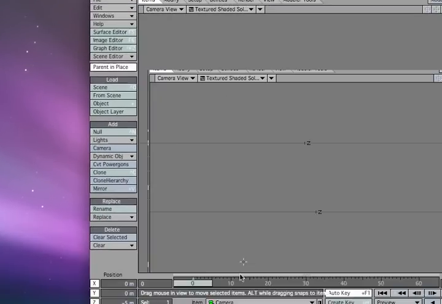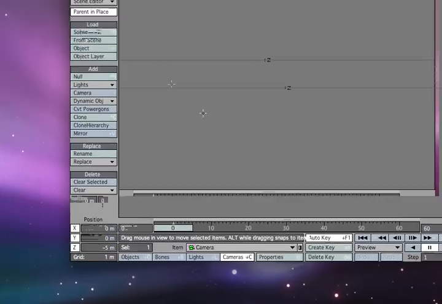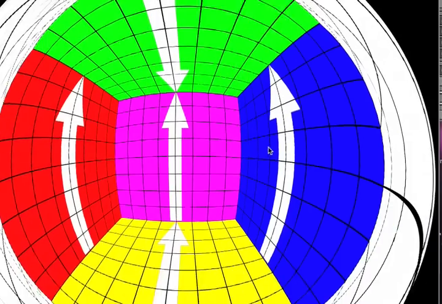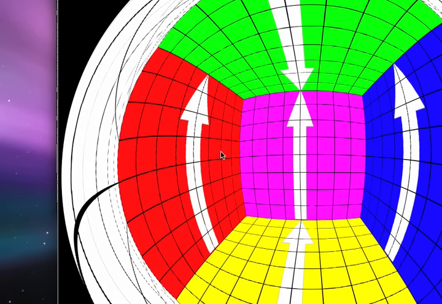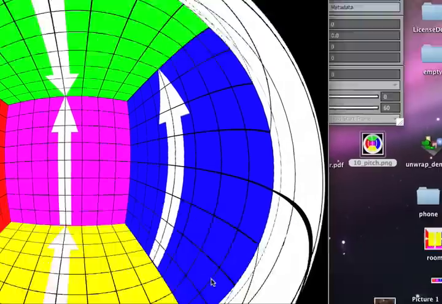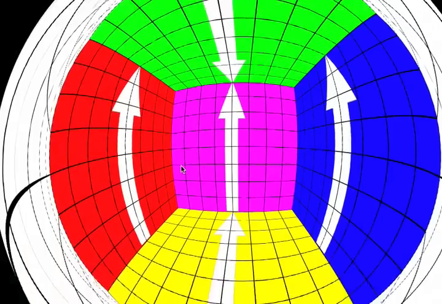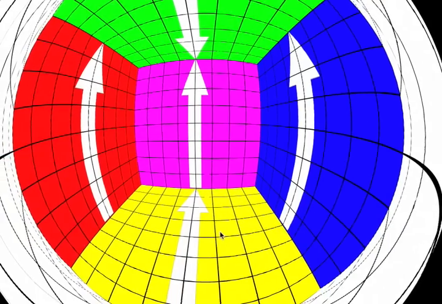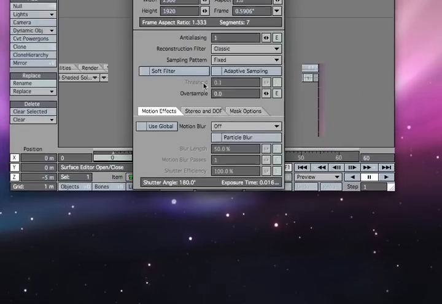Now there's one more thing that has to be set up, and that's the camera. Now VRoom uses a 6:1 format. I'll just bring up the image again. Now what it will do is it will take all of these walls and treat them all as squares of the same ratio, so 1:1, and it will then reconstruct them all and put them all next to each other in the order of left, rear, right, and top, ceiling, sorry, bottom. You'll see it reconstructed in just a moment, but that's the reason that the camera has to be set up in such a fashion. So we have to go to the camera properties,